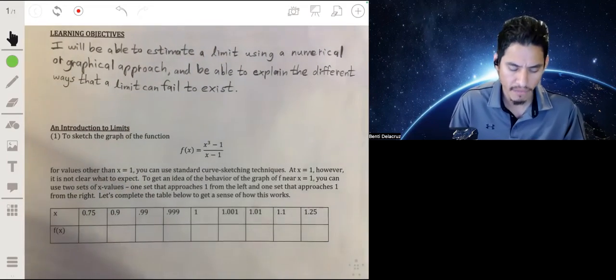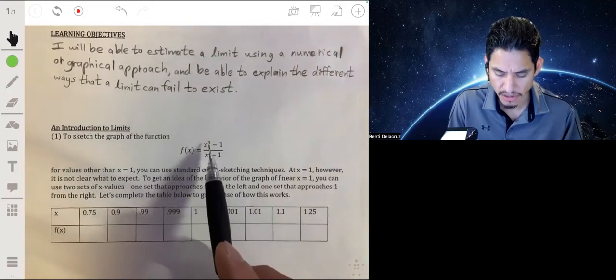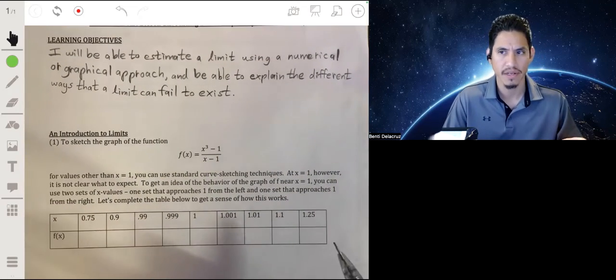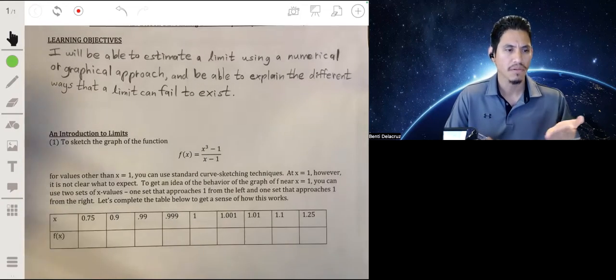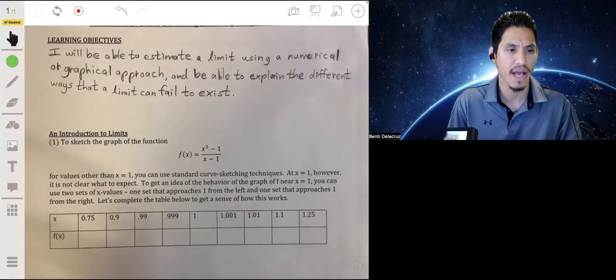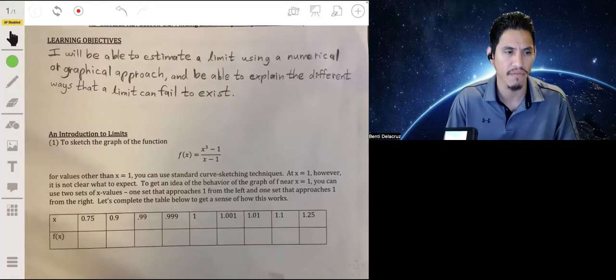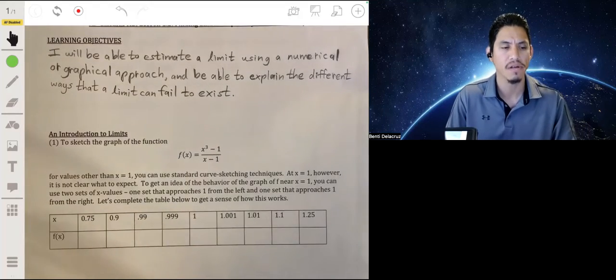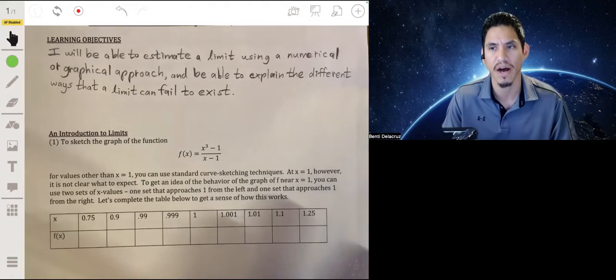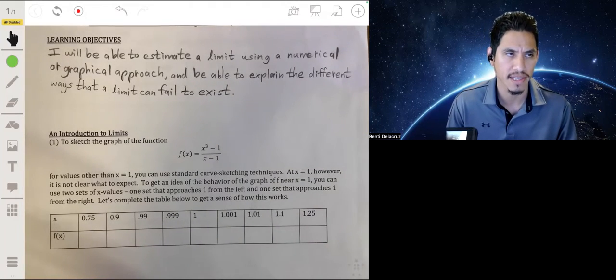So let's say we have this function, f of x is equal to x cubed minus 1 over x minus 1. Most likely you don't know what this looks like off the top of your head. I don't expect you to. So if you were to get an idea of what this graph looks like, and we're assuming that you don't have a computer or some graphing calculator where you can just plug it in and see it, the general technique is to plug in values for x and get a sketch of what the points will look like,